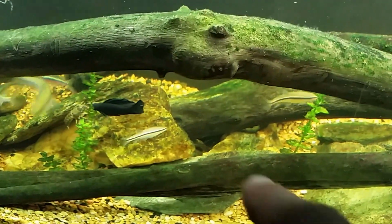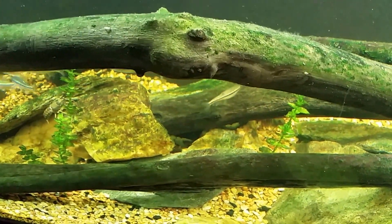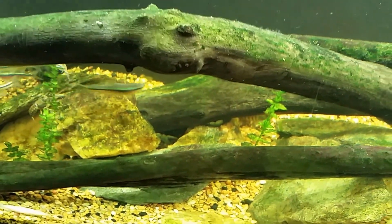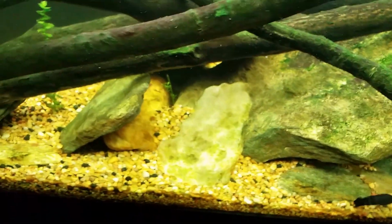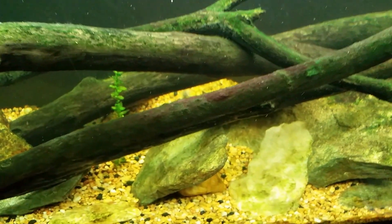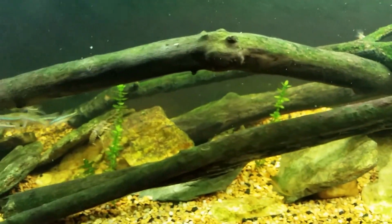And if you look right down inside this hole, that's where my original crayfish that was already in here lives, and that's actually a whole system. You can see the other opening, this end in here is the other end of that cave system. She moves in and out through there all the time. So the crayfish haven't really had time to spread out. They're still kind of getting used to their new